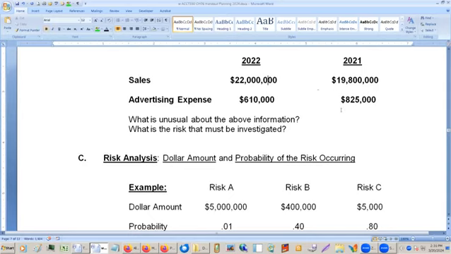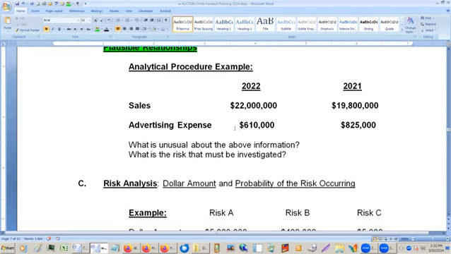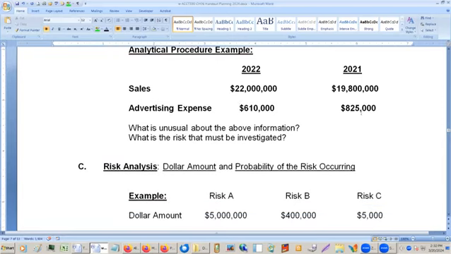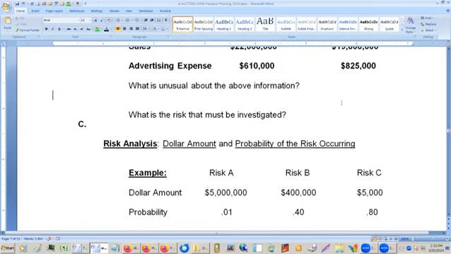As sales go up, usually your expenses, especially advertising expense, go up. How did you sell more items? Like advertise more, or pay more commissions, if nothing else. The more they sell, the more commissions they get. You would expect that an increase in sales would have an increase in advertising expense. Okay, so the unusual thing is that sales increased.